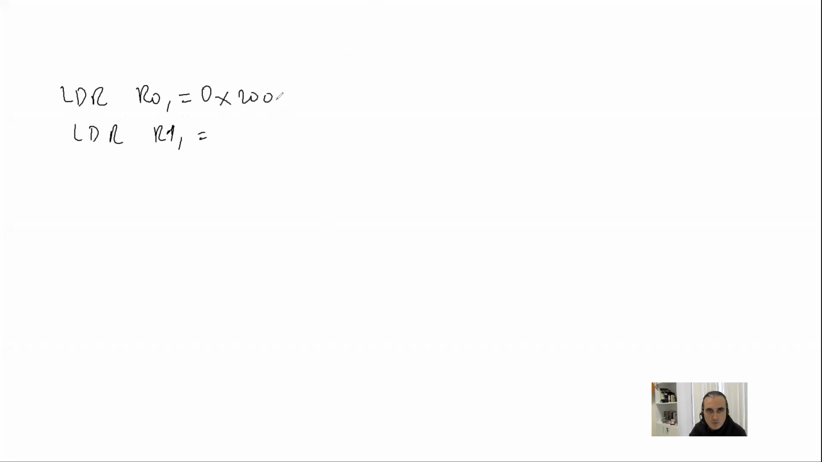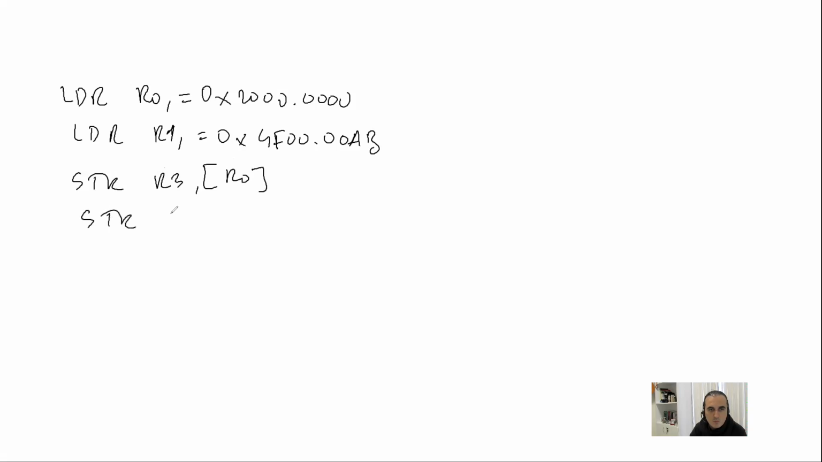Let's write some code. Okay, so very simple line of code. I'm writing this value to R0. I'm writing this value to R1. I'm using R0 and R1 in the following lines of code inside square brackets, which means R0 and R1 are,